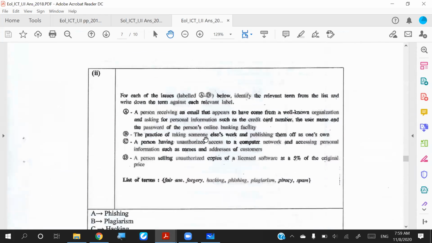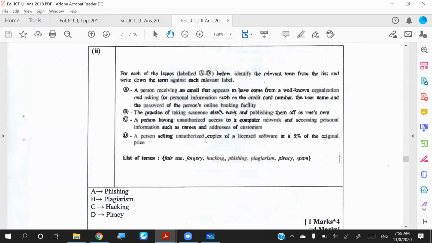And the second part is talking about some scenarios and actually the threats. You have to identify what these threats are. Right, so the first one is directly talking about phishing. You are receiving some email or SMS at your device saying some changes have happened to some website that you already know, where you use your credit card numbers, username and password. So if you click that particular link, it will give you a very genuine kind of page, which is not genuine, right? Which is a fake one, but